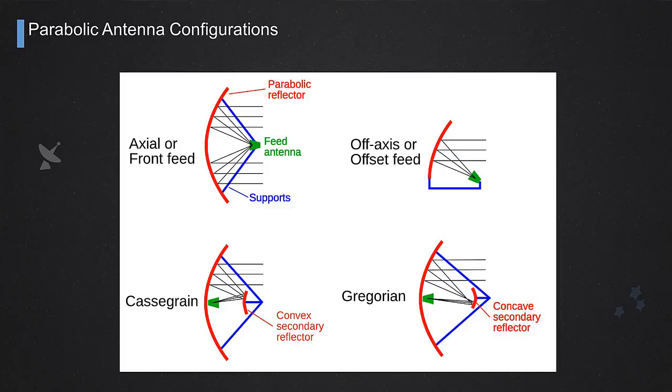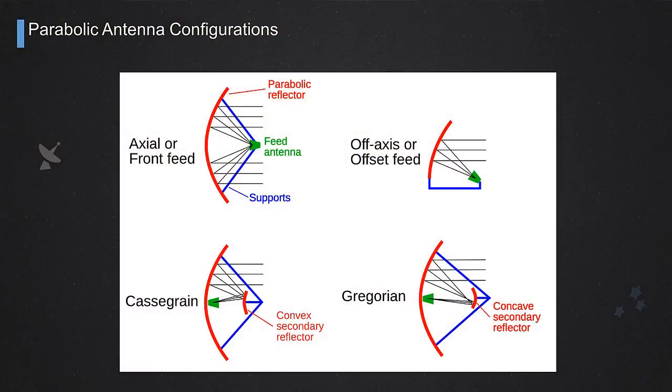In fact, you can see it as a normal parabolic reflector antenna, an axial-fed reflector antenna, where the focal point is much farther away from the antenna. The use of a secondary reflector helps shrinking the overall dimension. A similar configuration is the one at the bottom on the right, the so-called Gregorian configuration, that is different from the previous one because of the shape of the secondary reflector, which is concave instead of convex as in the previous case, but the approach is similar. It's a double reflector configuration.